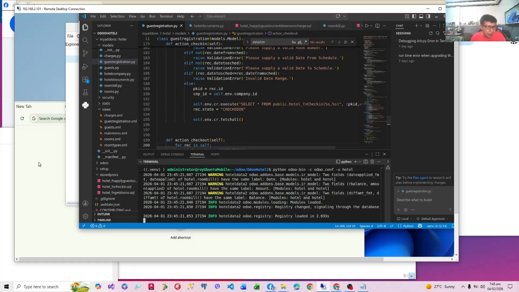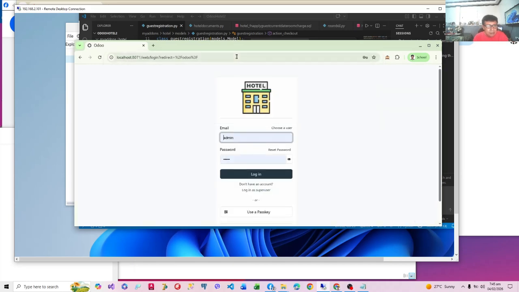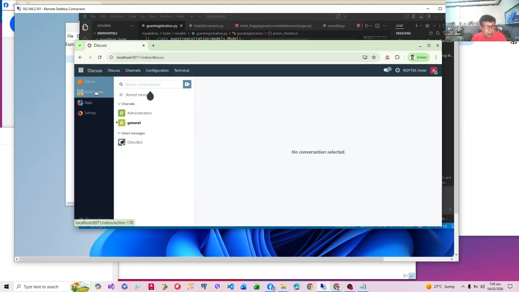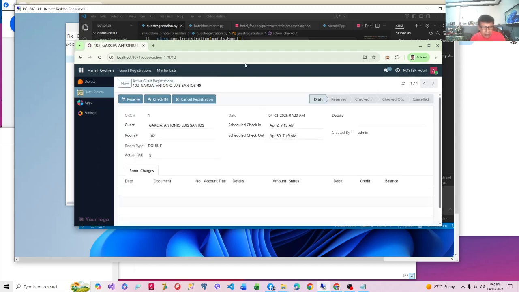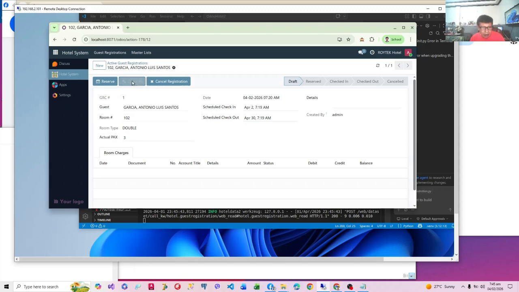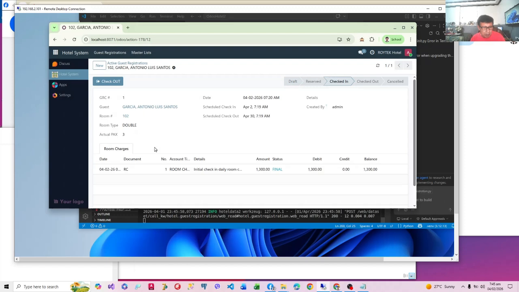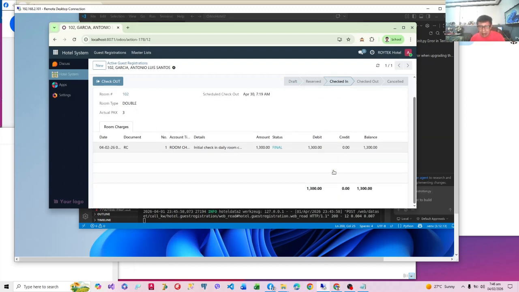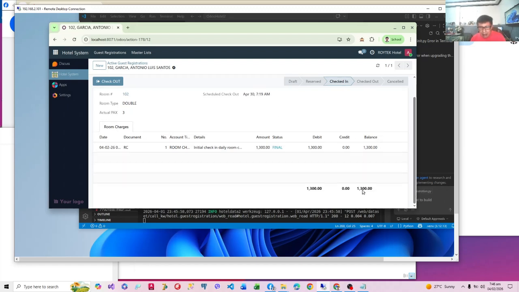Now, if there's an error, it will register it here. There's no error, so therefore let's try to open our hotel app. Okay, let's go to the hotel system. There it is. I have a draft. No, you can check in right away. Okay, so when you check in, you will be asked to confirm, and it will call the hotel check-in function if you confirm and charge the room bill. Okay, let's click OK. Now there is a room bill. Okay, so now we have the initial charge for having checked in for today, and the initial total bill is 1,300 in this example.